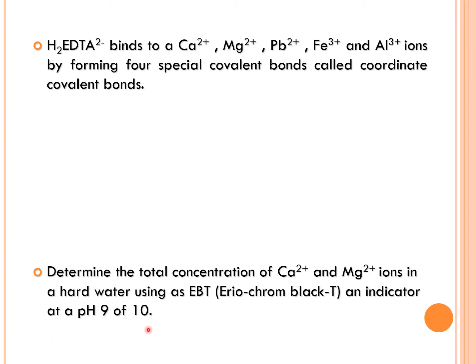For this we are going to use ammonium chloride and ammonia solution, adding 10 to 15 ml to the water solution. So the pH of the water will be around 9 to 10, and if we now add EDTA solution, then the metal +2 ion will bind with the EDTA and make a stable complex with covalent bonds, and this is known as a coordinate covalent bond complex.